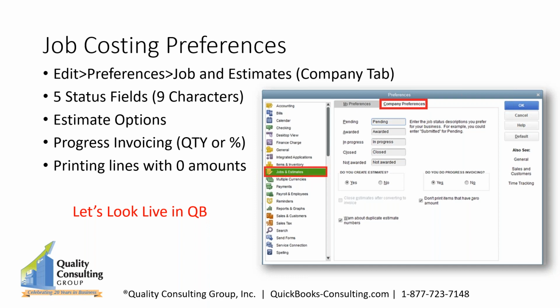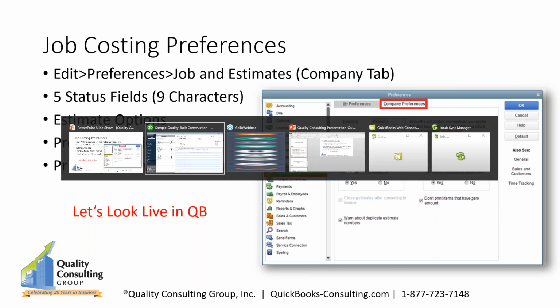The secondary option is, do you do progress invoicing? Do you do, you know, putting 10% down or 30% down, or do you do it by line item? You're going to, you know, bill them for the foundation or the mobilization. That allows you to do either by quantity or by percentage. And then also, if you have fully used the estimating, you convert the whole thing over, but you're only converting either a percentage or maybe just the quantity for a couple different lines. And if there's no quantity on the other ones, you don't want it to print or email out to your customers. You might see it on your screen, but your customers won't see that.